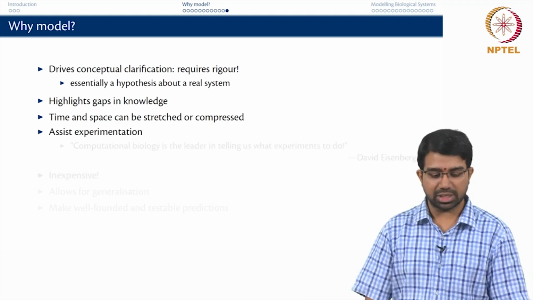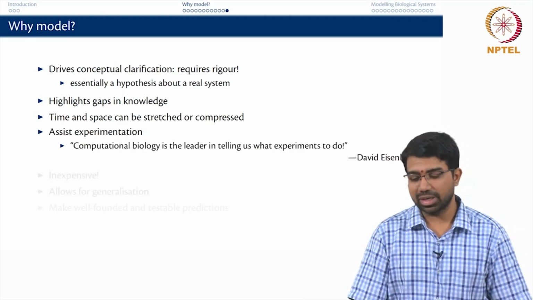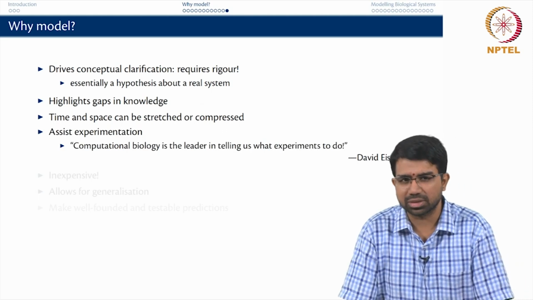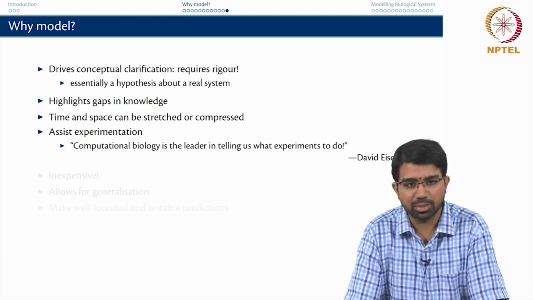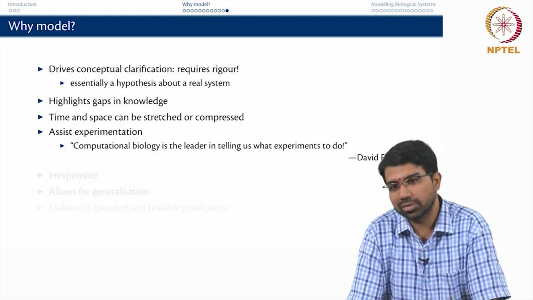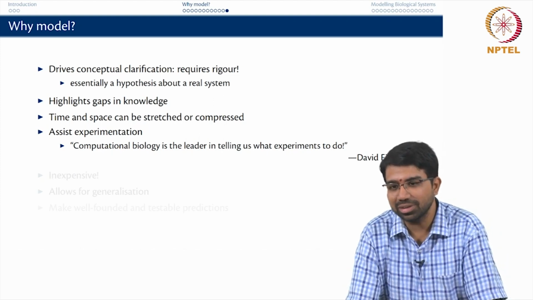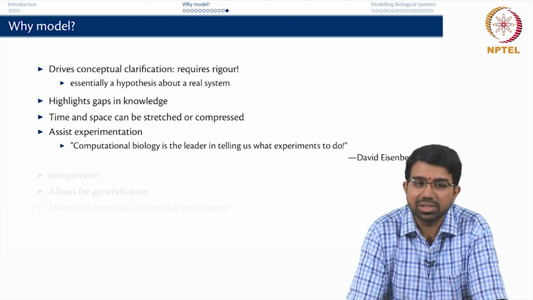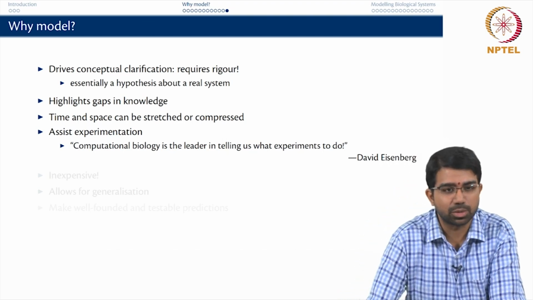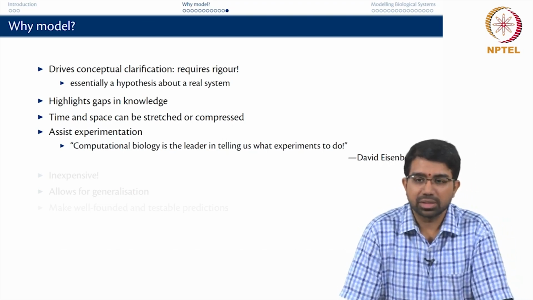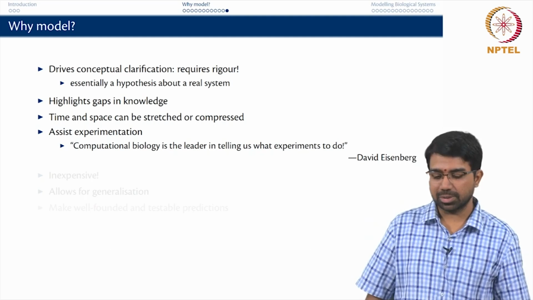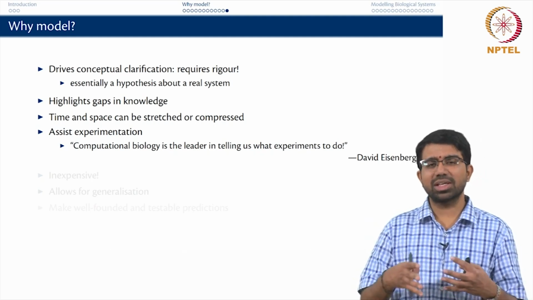Most important, assist experimentation. As David Eisenberg once told, he is one of the most successful and famous structural biologists, or you could even call him a structural bioinformatician. So, he says that computational biology is the leader in telling us what experiments to do. Right. That is one of the most important aspects of computational biology,